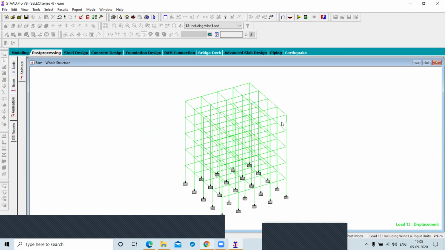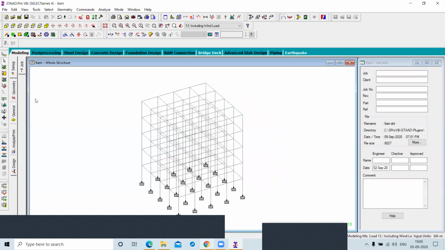You are able to see or not? Yes, sir. So this is the deflection with the wind load. Okay. Now this is the loading.